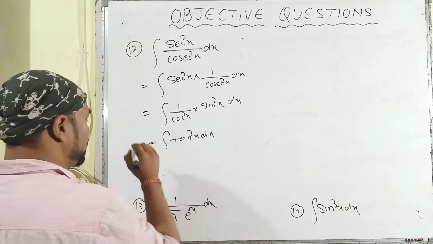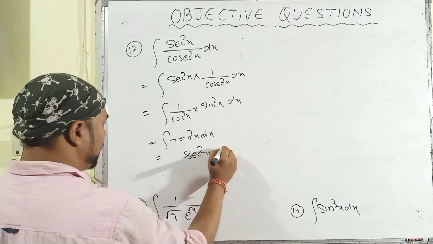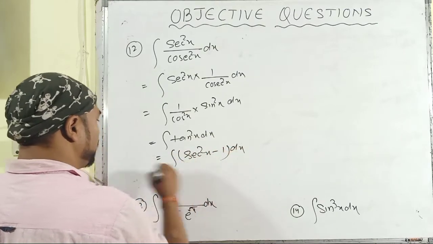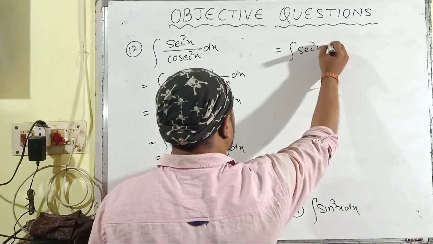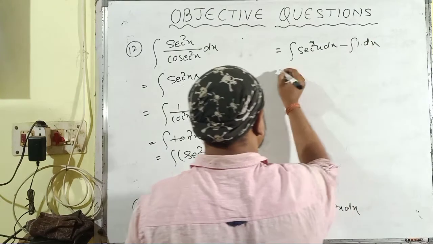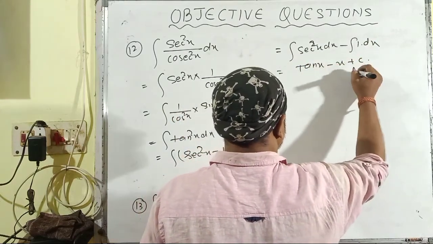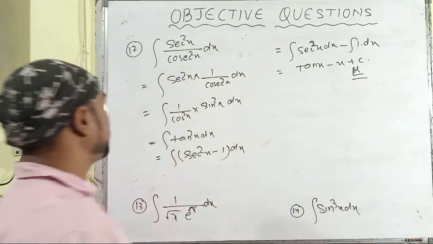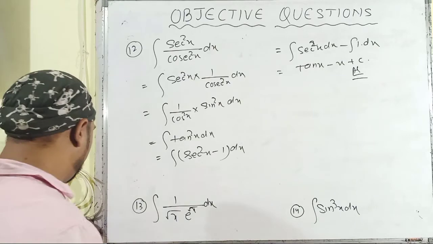Again the same case arises. So first of all, we have to convert this tan square x into sec square x minus 1. Then by putting the algebra of integral, it will be the integral of sec square x minus 1 dx, then this is tan x minus x plus c, and here is your answer for the problem number 12. Then proceeding towards the number 13.